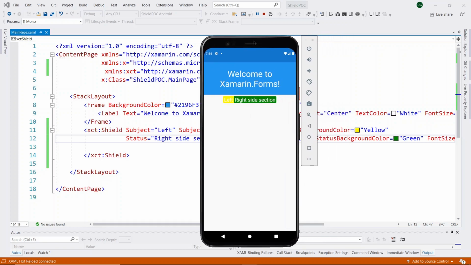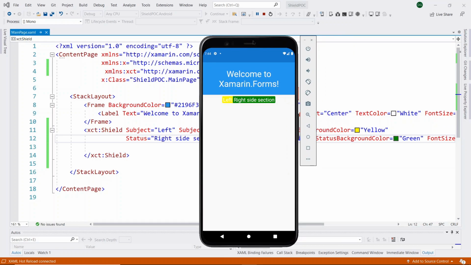So this is the main advantage of the shield. Based on the text present in the left side section or right side section, the width of the shield is increased. We need not give any particular width request to this shield. It will automatically adjust based on the font size and the text. This is the process and advantage of the shield in a Xamarin Forms application.